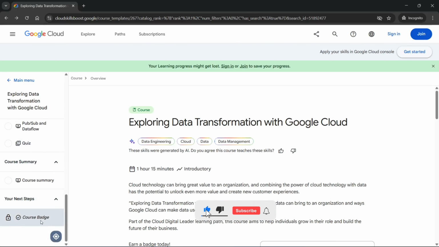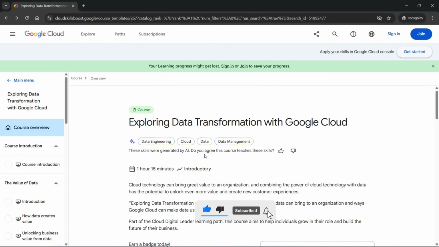So first of all, we have to open the incognito window, and yes, all the labs that we have to do have to be done in incognito mode only.